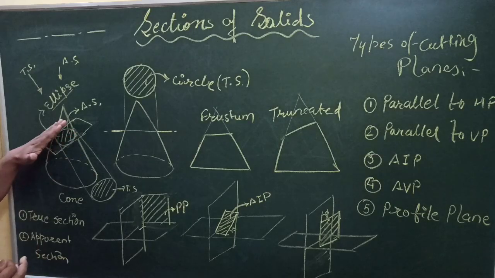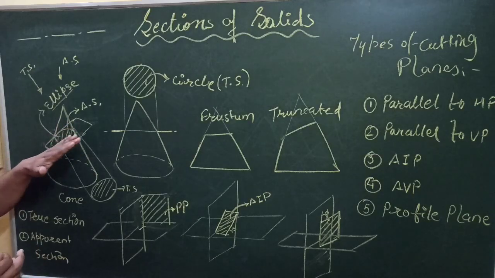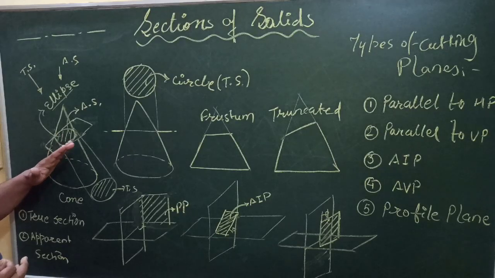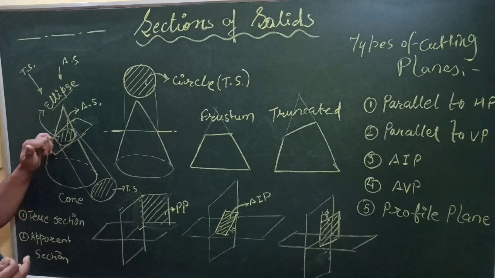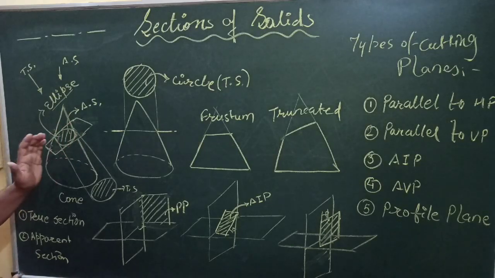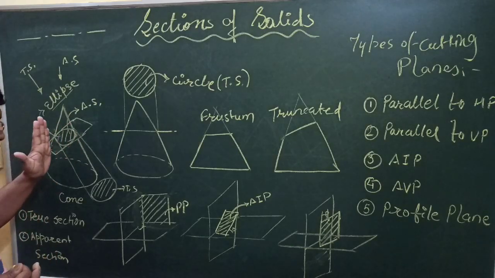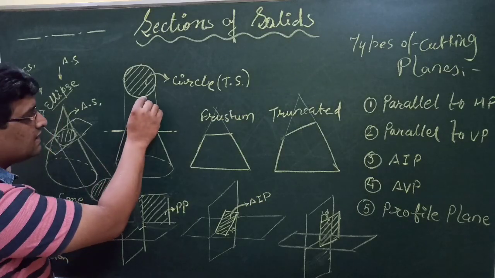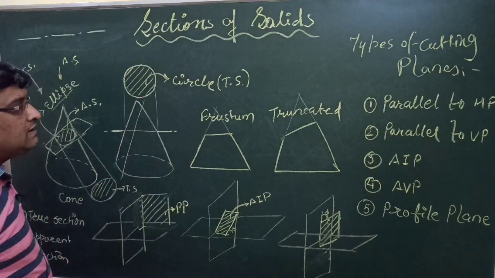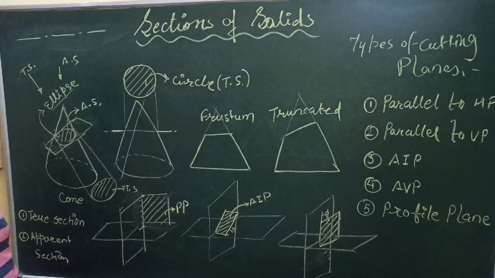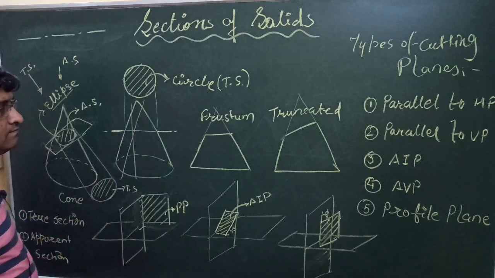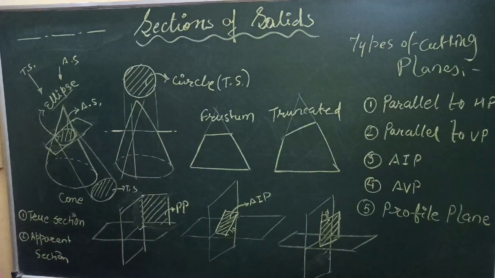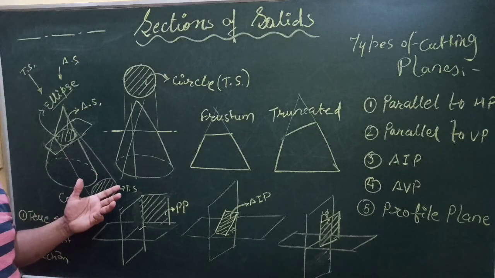So when we cut a cone with a cutting plane making angle with the base, then we are generally getting the ellipse when all the generators are being cut. Otherwise, if I cut a cone parallel to the generator, means like this, then I am getting a parabola. If the angle is more, then we are getting a hyperbola. So these are conic sections.